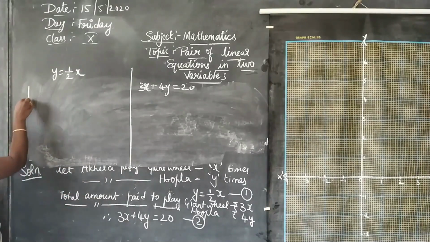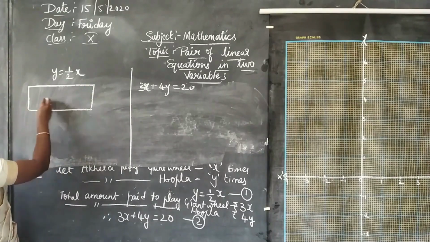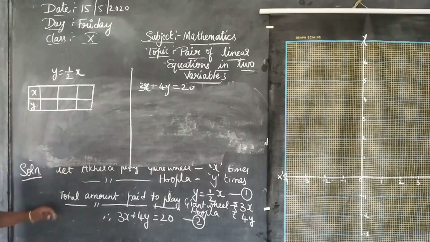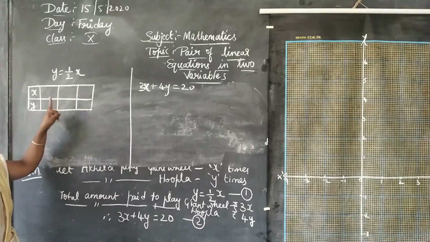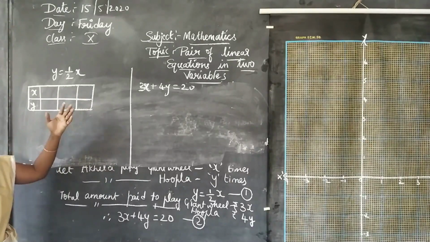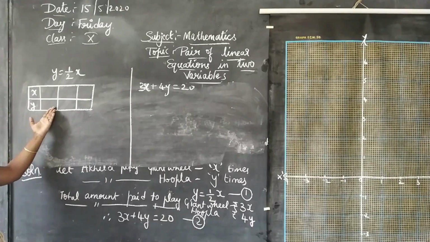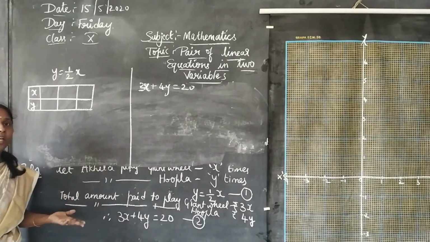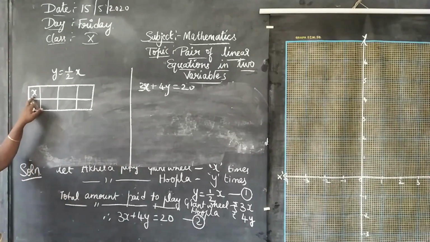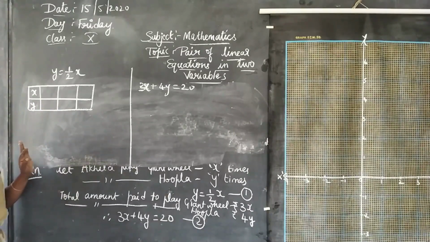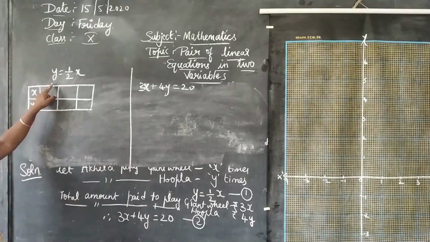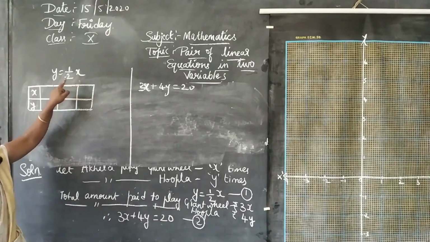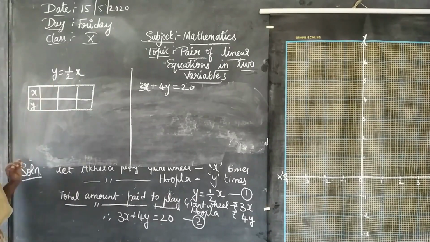Values can be calculated. If you want, we can take x and y. You can give the values for x and find the value for y, or you can give the value for y and find x. Any way you can do it. It's not mandatory that you always give the x value and find y. Please keep it in mind. I am repeating: you can give a value for y and find x, or give a value for x and find y. Okay, so let me solve it.